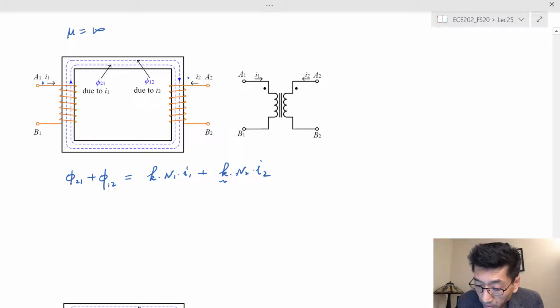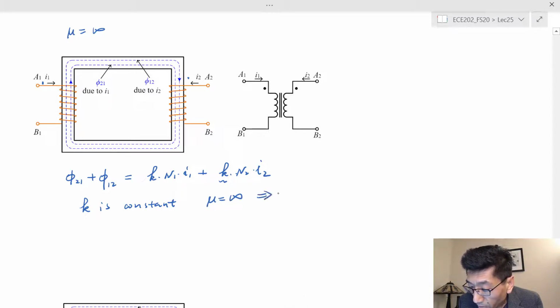The k is a constant related to the magnetic core material and also the geometry of the magnetic core. Right? But if the mu is equal to infinity, that will cause k to equal infinity. And in ECE 320, you're going to learn that k is the inverse reluctance. So if the permeability is infinity, that means reluctance is 0. So the inverse of that reluctance is infinity again. And based on that, we have